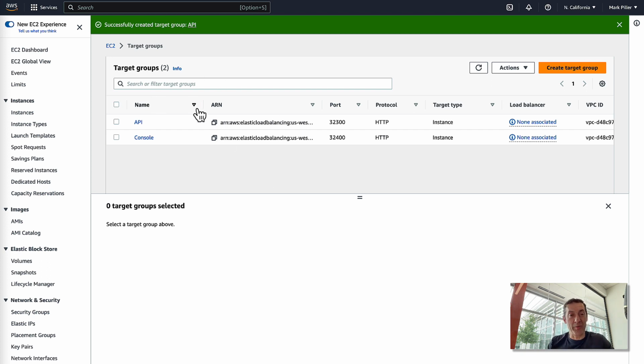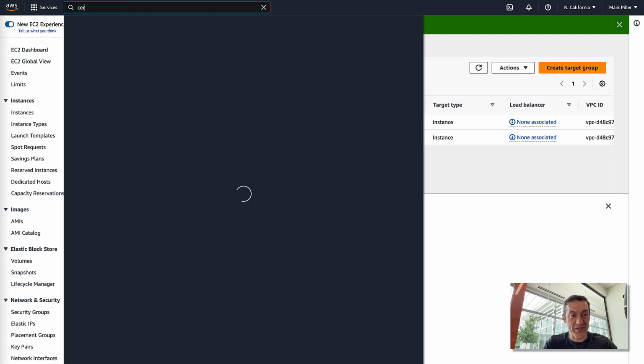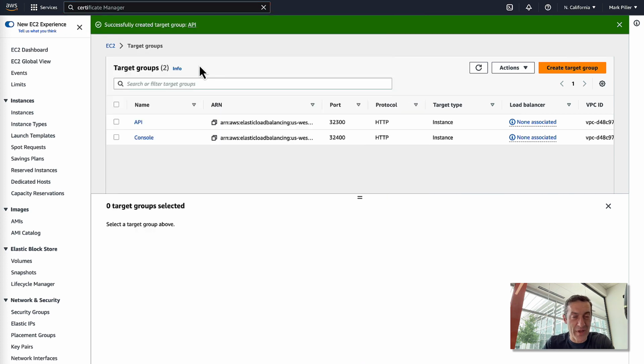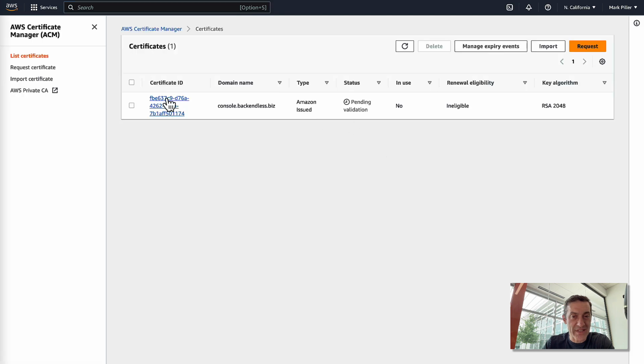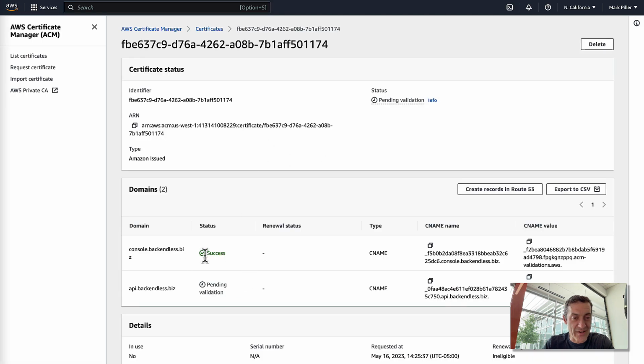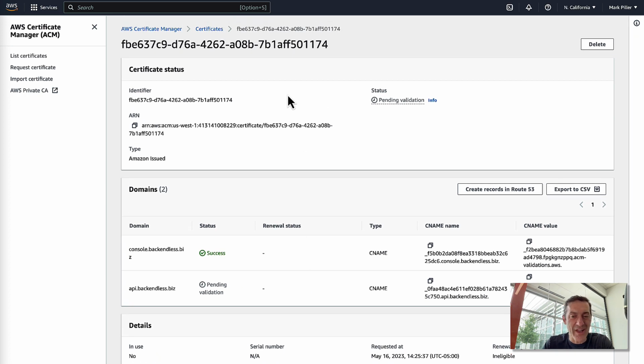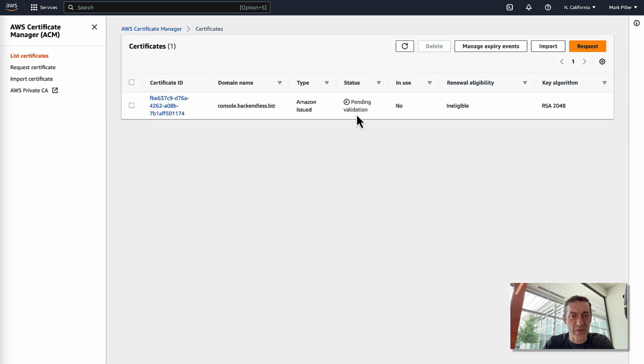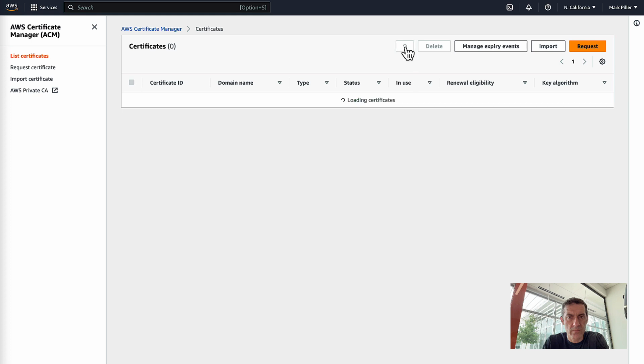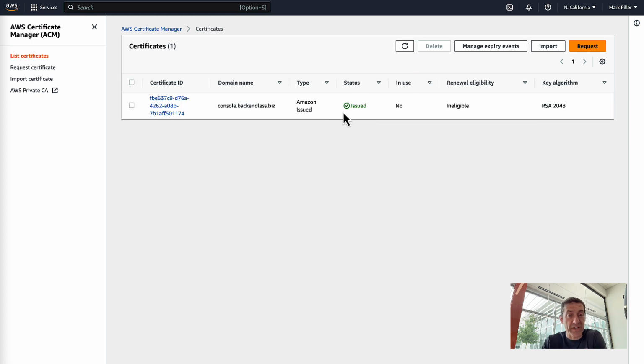Before we can proceed to the load balancer, let's again make sure that our certificate is ready. So again, let's go to Certificate Manager. And this one is still pending validation. The console is good, but the API is still pending validation. So let's give it some more time and wait till this one completely goes through. Okay, now that the certificate has been issued, we can proceed to the next step, which will be creating the load